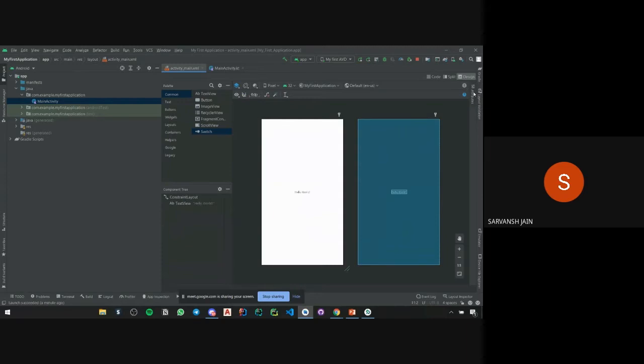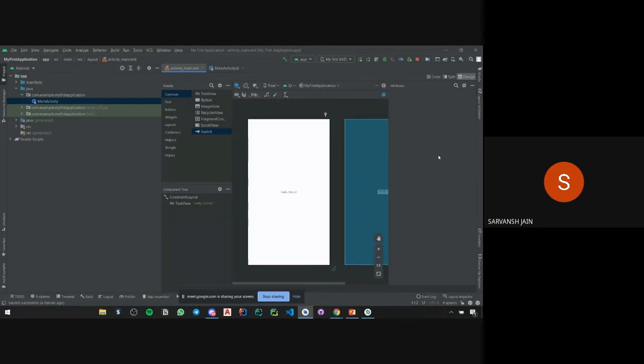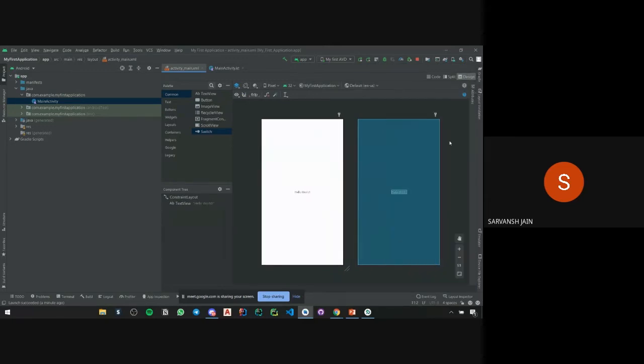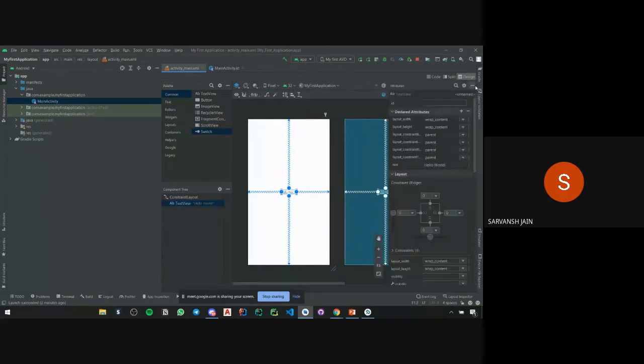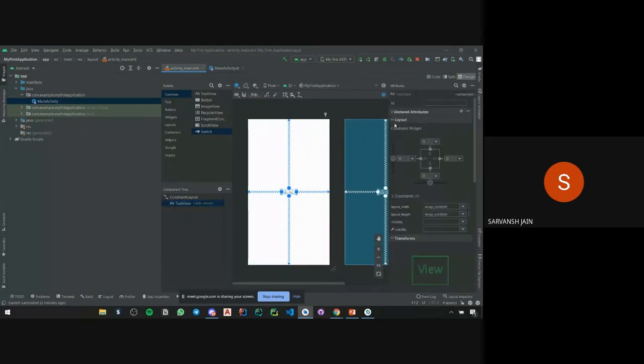Then there are these attributes. As the name suggests, attributes mean how, if you add a text, like here there's hello world text. If I select this option and I go into attributes, all the options are there for me.